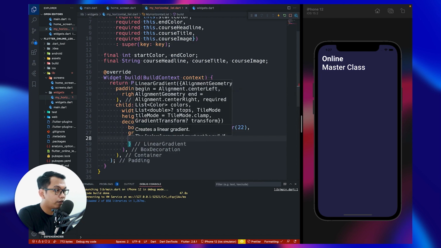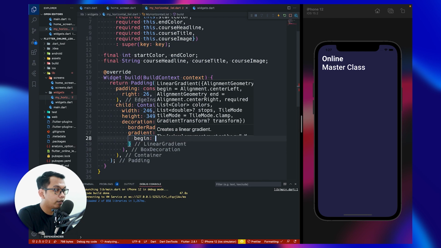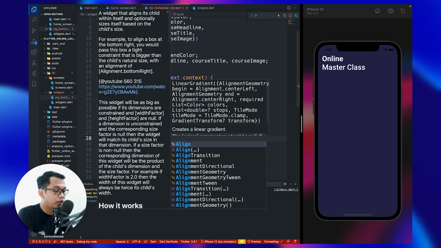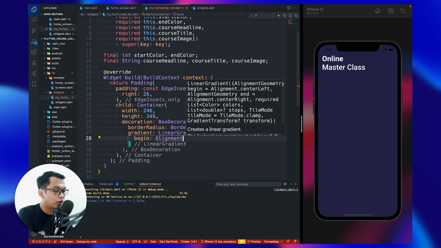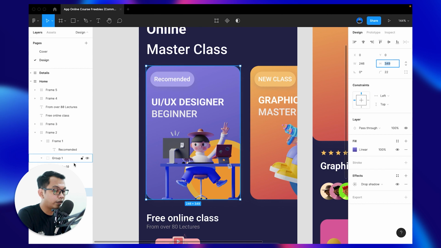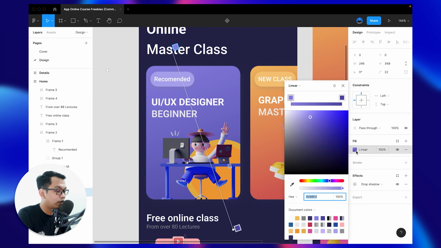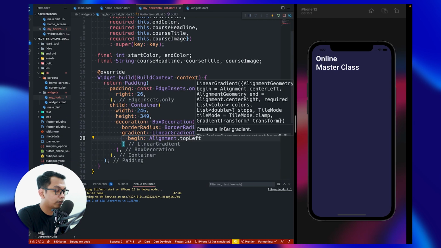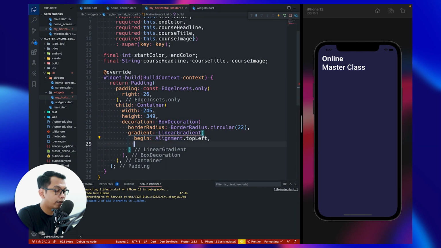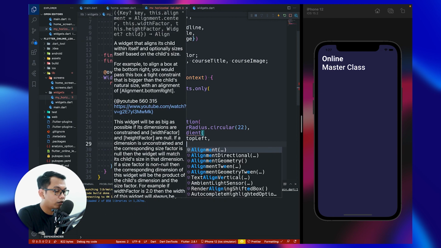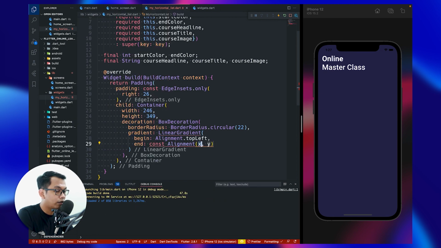And the most important thing is we can call linear gradient. Inside our linear gradient, we can say begin, and we see alignment dot top left, because as we can see, our linear gradient starts from the top left. So we can call right here top left, and the end, we say alignment for the x, let's say 1, and for the y is 0.0.